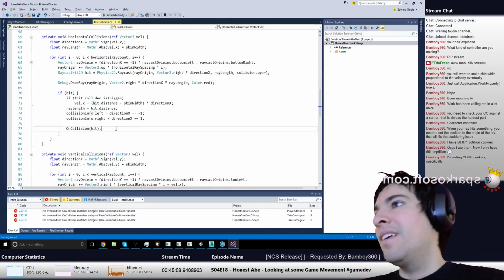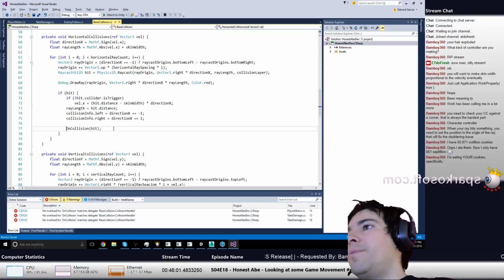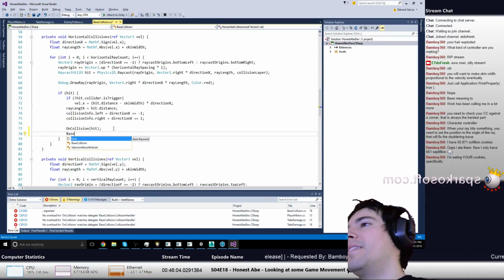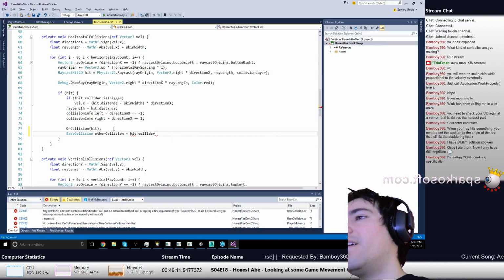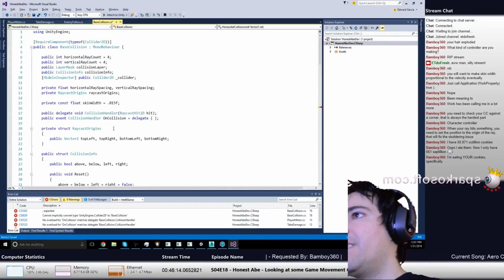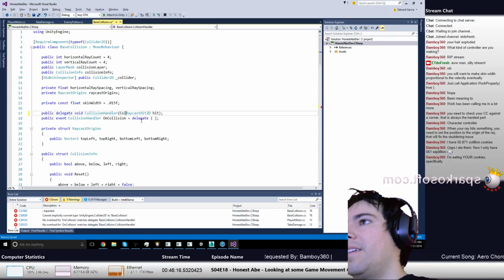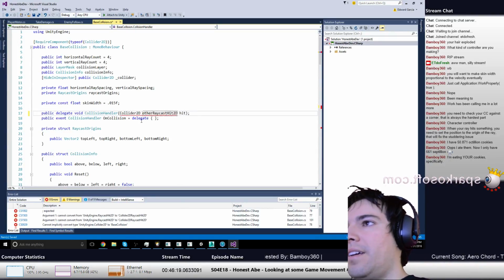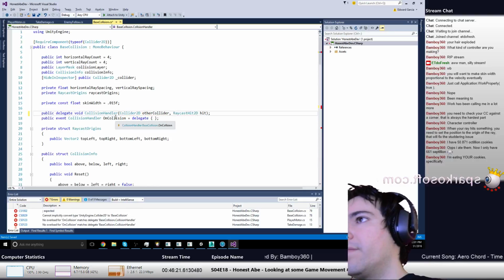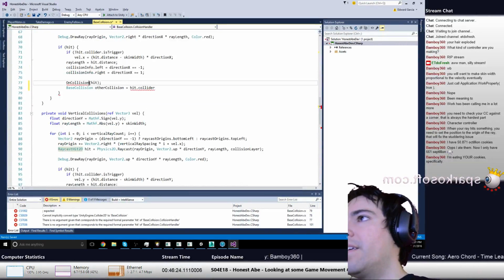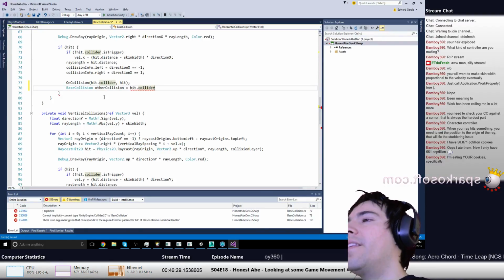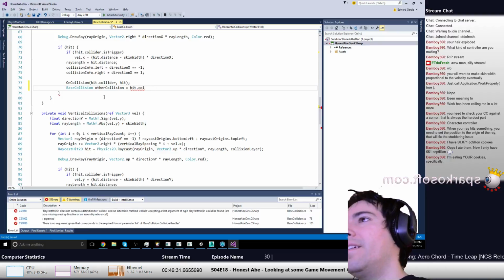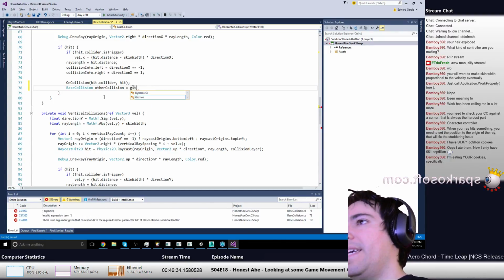Good. So the only thing I have to do is make sure we call the other thing. BaseCollision otherCollision equals hit.collider. Oh shoot, we did a lot of work. Man, I should have just done that willy-nilly. We said Collider2D otherCollider, and then we just have to actually do it here. So we'll say hit.collider, and other collider here is hit.collider. No, otherCollision. This would be a hit.collider